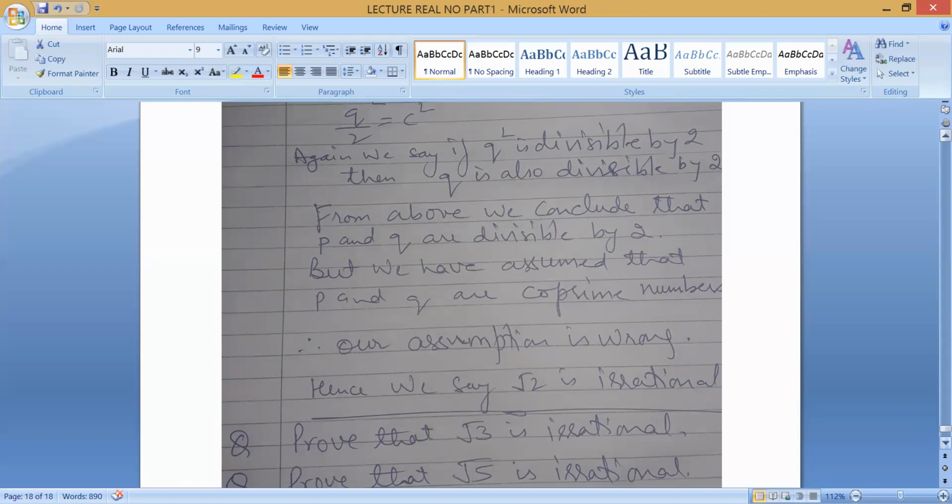I think we have completed this. We are on exercise 1.3. The rest of the questions you will do tomorrow in part 5. Please see that you maintain your copies, and the copies should be maintained neatly. That is a very important thing. So thank you.